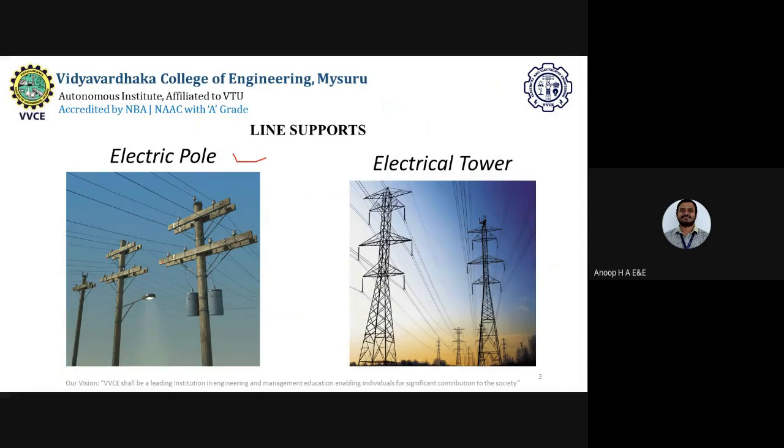When we call them electrical pole lines, generally you will have them installed nearby at your places, nearby your areas, where the voltage will be quite less. That is where you are going to use the electrical pole. What you see while you're traveling are electrical transmission towers. You will have the electrical transmission towers over long distances. That is what we mean by electrical poles and electrical towers.